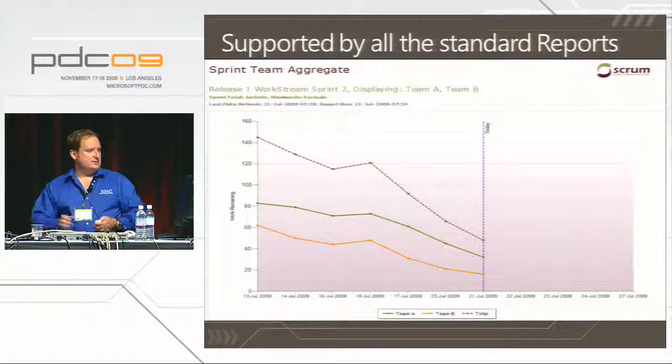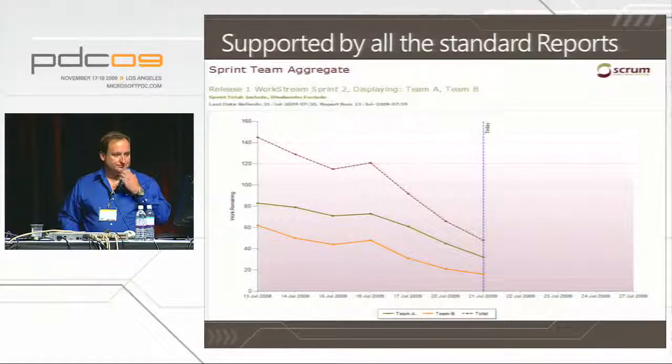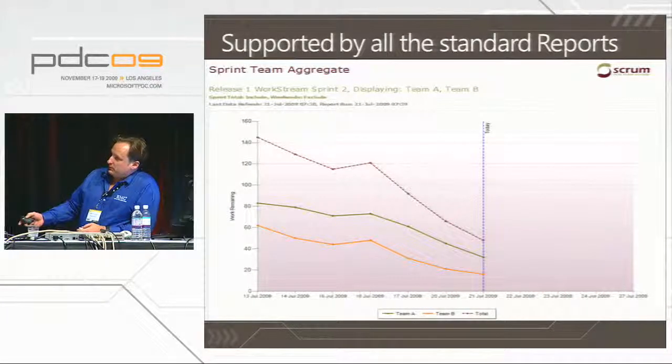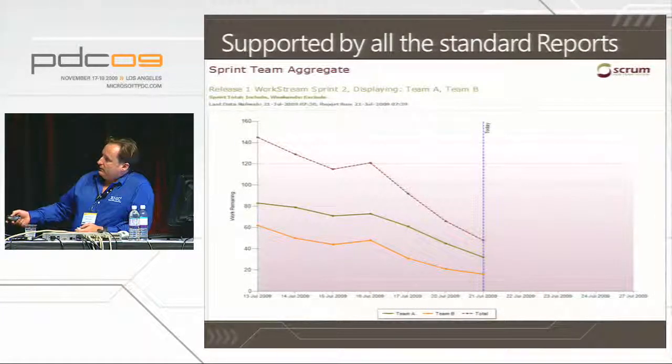So this is just a simple example of a sprint burn down. And this one just shows 2 teams individually burning down with individual capacities there, and then you've still got the aggregate view over the top. So if you remember the older version, it just shows you the aggregate of all the teams. You can filter by each of the teams. You can filter by work streams if you've got things broken up into different work streams, but it handles all